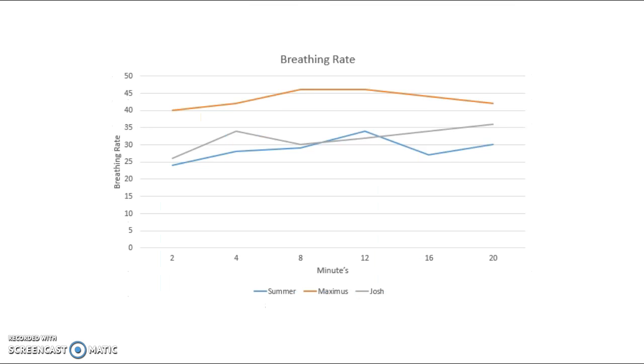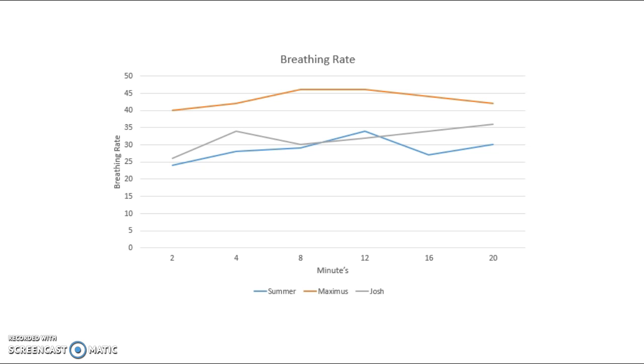The normative data for breathing rate during steady-state exercise shows us that from the start of the race to the first few minutes their breathing rate will increase, but then after around 4 minutes it will start to slowly plateau. This is what happens for Max, but his breathing rate starts at a higher level than usual, which suggests that he was working at a higher level than required. Despite this, his breathing rate increased by 6 in 6 minutes from 2 to 6 minutes, and then eventually plateaus and then slowly decreases after 12 minutes, but only by 4 from 12 minutes to 20 minutes.